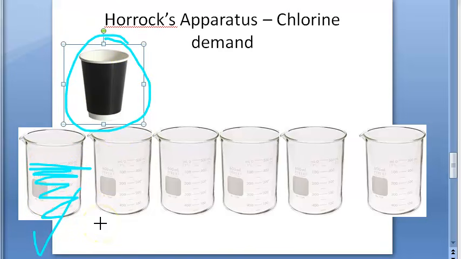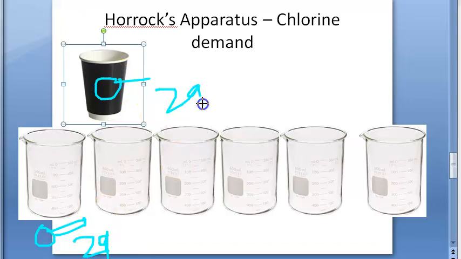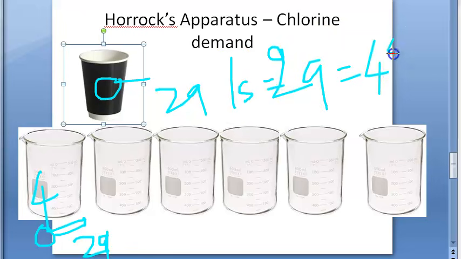So if the first cup itself shows distinct blue color, right? It actually means to say that 1 spoon of bleaching powder is enough to disinfect. 1 spoon had how much? 2 gram. You remember we started off with 1 spoon and we put 2 gram. That much is enough. So 1 spoon is enough, okay, for 455 liters of this well water.